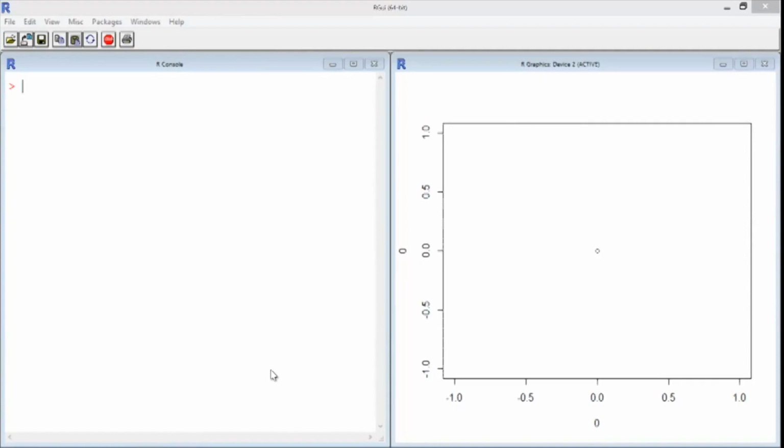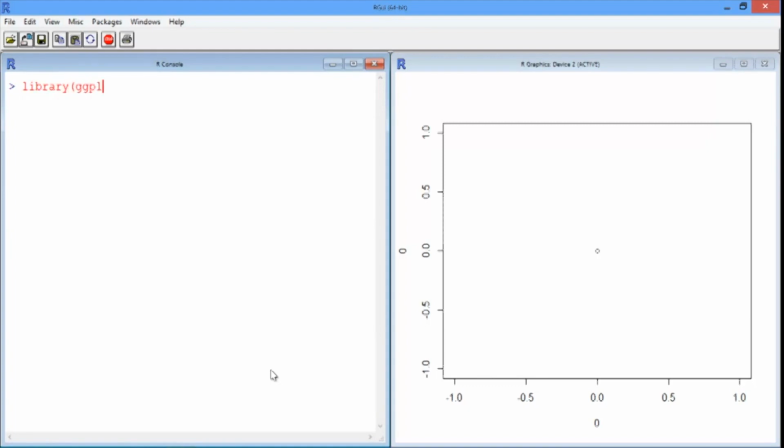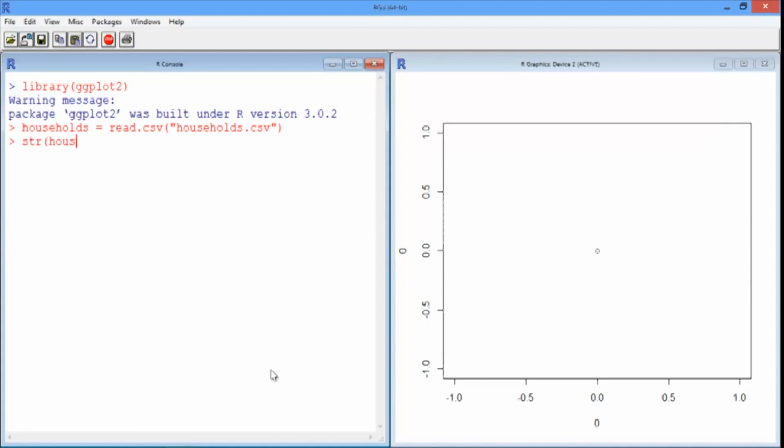First, let's make sure we have ggplot2 loaded. So, library ggplot2. Okay, now let's load our data frame, which is in households.csv. So, read.csv households.csv. Okay, if we look at the structure of households,